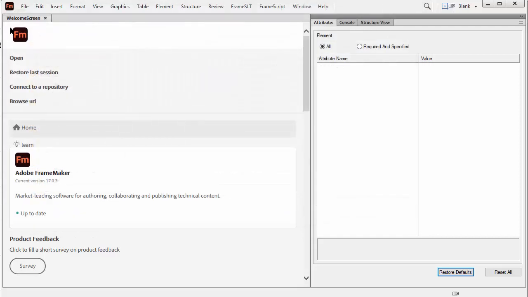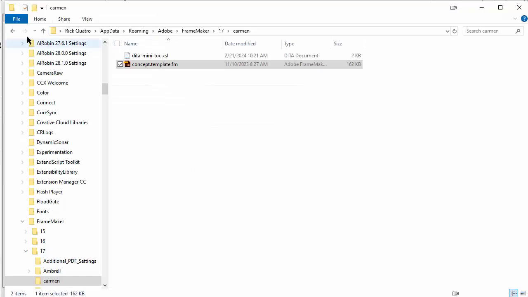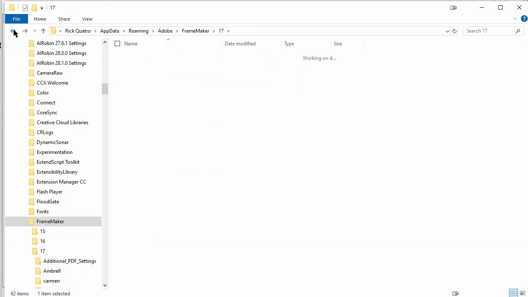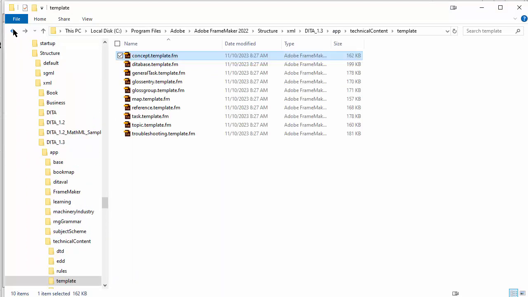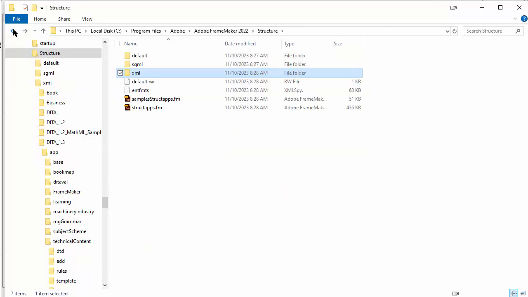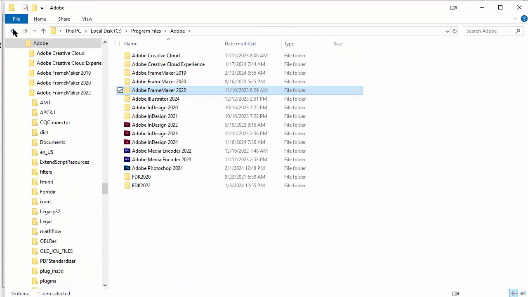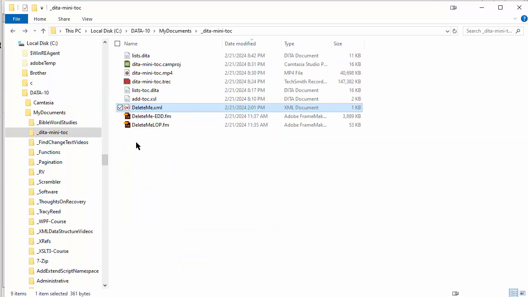And let's see, I don't remember where it is. Let's see if it's in my recents. Yeah, let's see. Nope, I gotta find it. I don't remember where I put it. So we're just going backwards here. Bear with me. We got to be getting close. There it is right there. Okay, so there's my